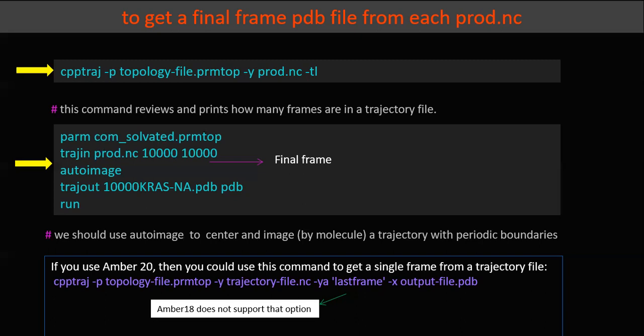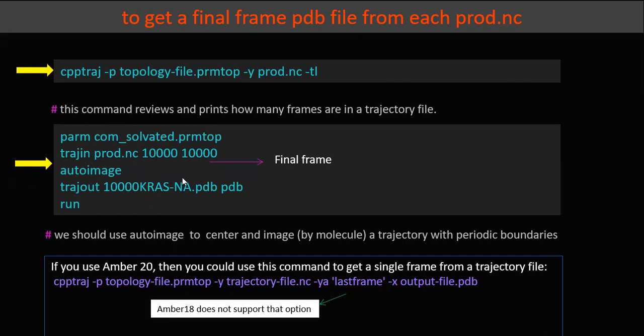If you want, you could actually get many frames. For example, I want to extract frames 5,000 and 10,000. So you could put the numbers and play with that to get various frames from the trajectory file,